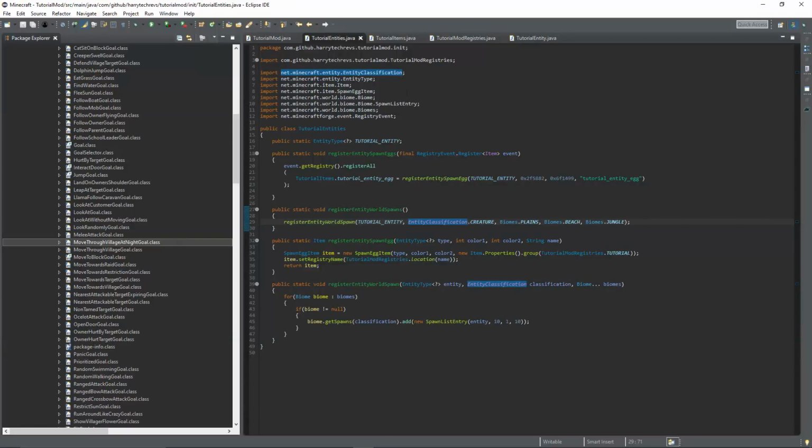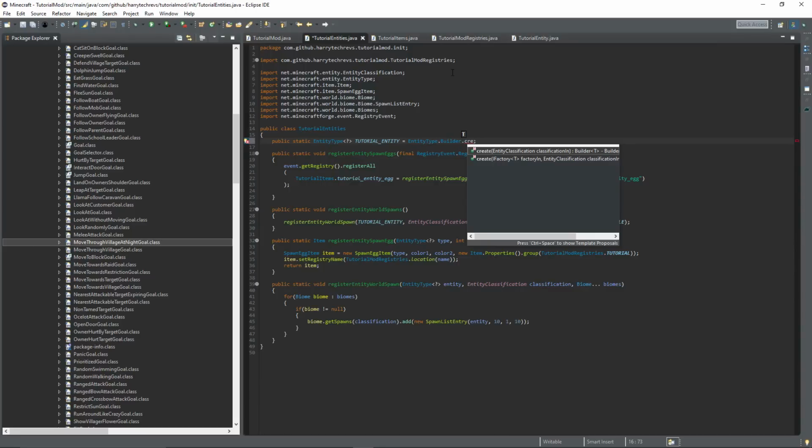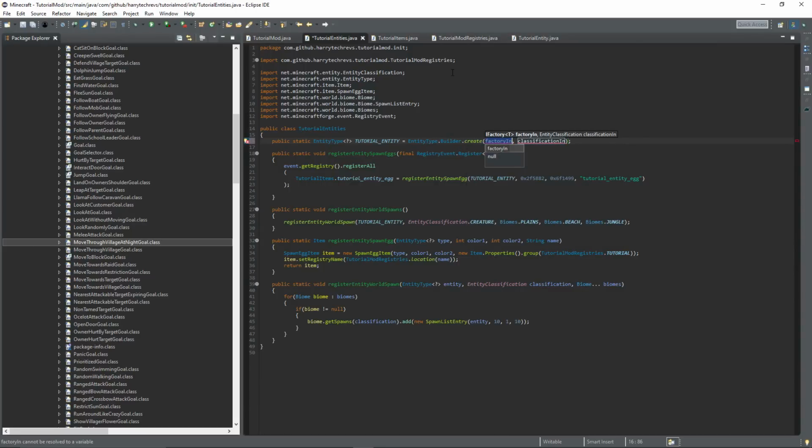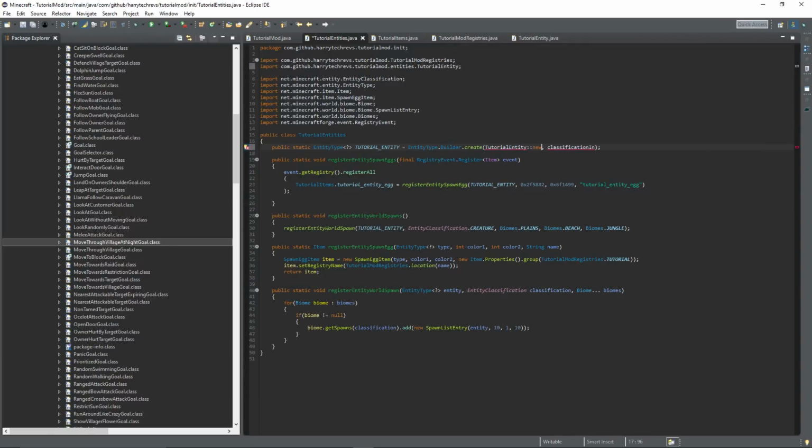Now back in tutorial entities, we can actually register our entity. Well, we can initialize our entity. So this is equal to EntityType.Builder.create. It takes in an IFactory and a classification. The factory is your entity, TutorialEntity::new, so that it creates a factory of your tutorial entity and creates a new version of it. And classification, EntityClassification